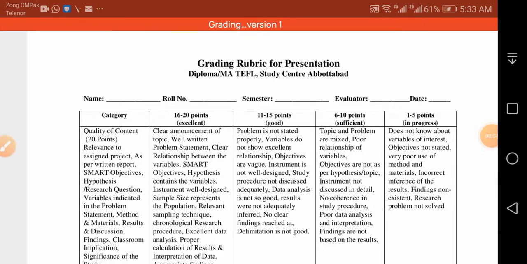In today's video, I'll talk about the grading rubric which we use in order to evaluate presentations, particularly the research defense seminar.